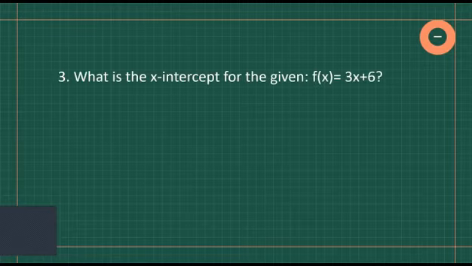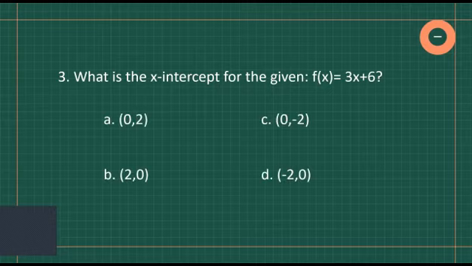Question number 3. What is the x-intercept for the given f of x equals 3x plus 6? A, 0 and positive 2. B, positive 2 and 0. C, 0 and negative 2. D, negative 2 and 0. If your answer is letter D, that is